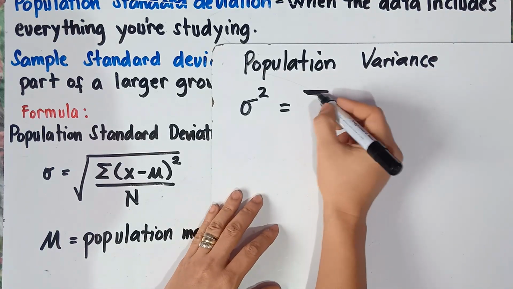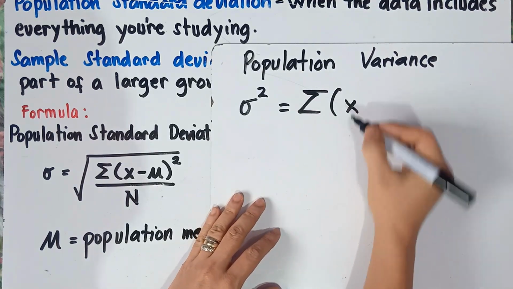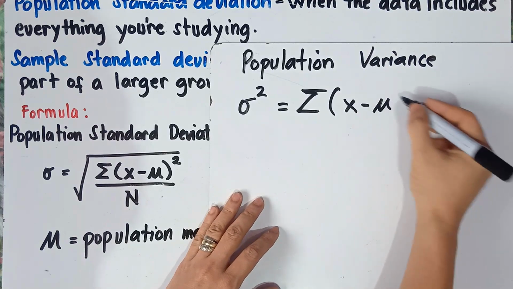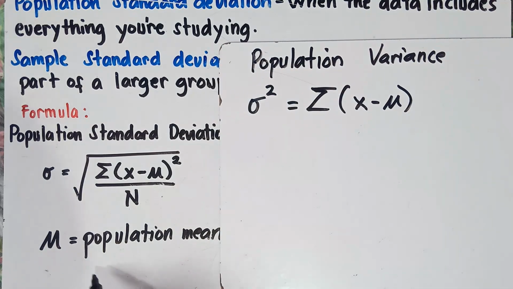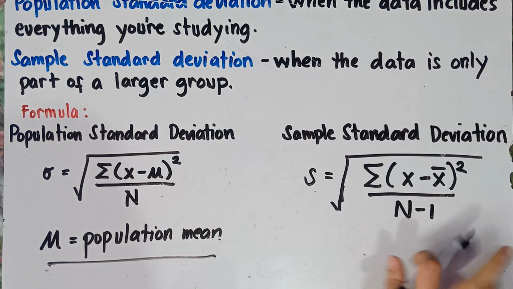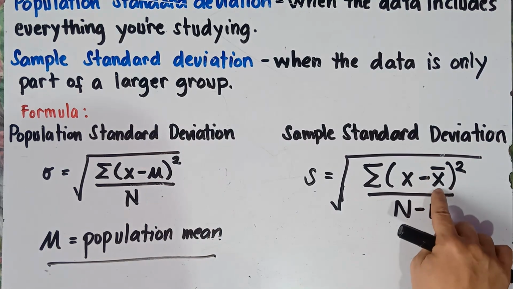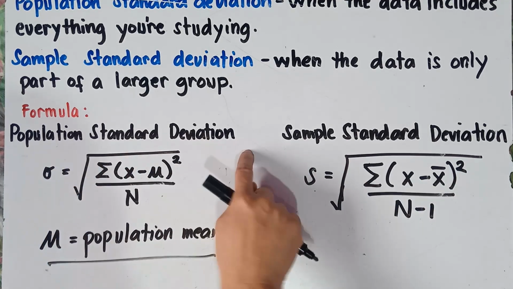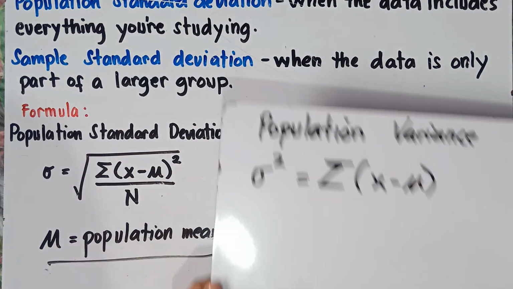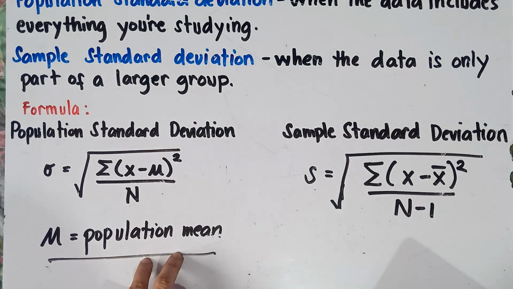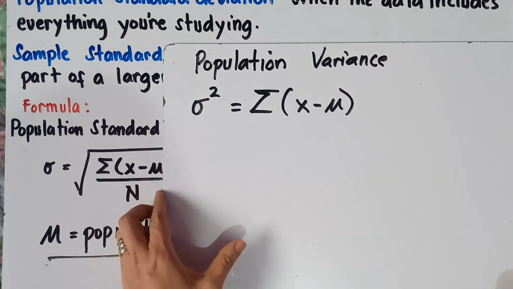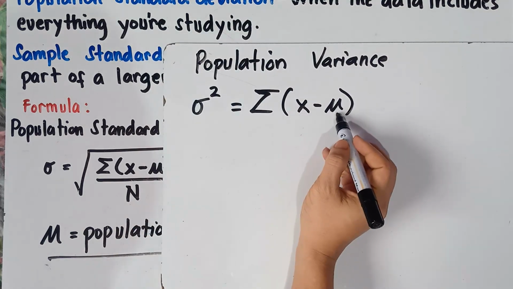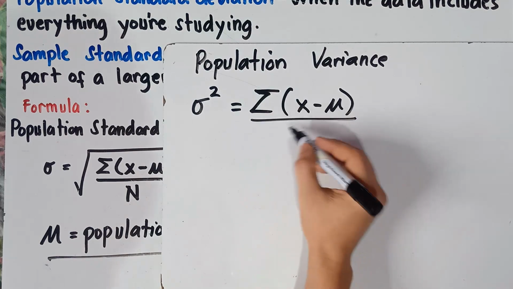So in the formula, that would be summation of X, the sample, minus U. Now you will be asking questions, sir, what is U? Now U, class, that will be the population mean. The difference, class, with regards to the sample is that X with a bar means mean. But for population standard deviation, U here is what we call the population mean. So it's not the mean, it's the population mean. So once again, class, we have the sample minus the population mean all over N.